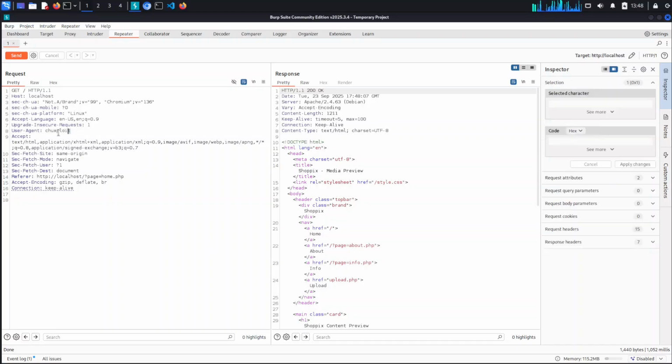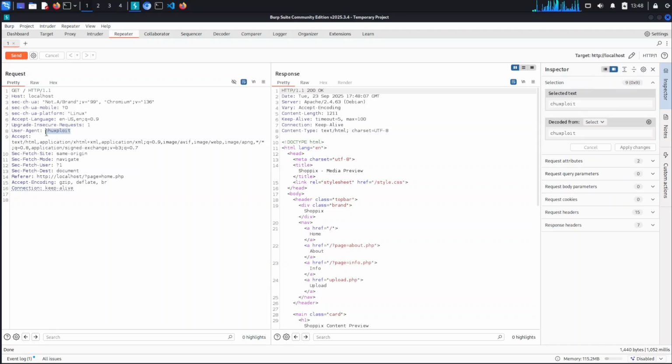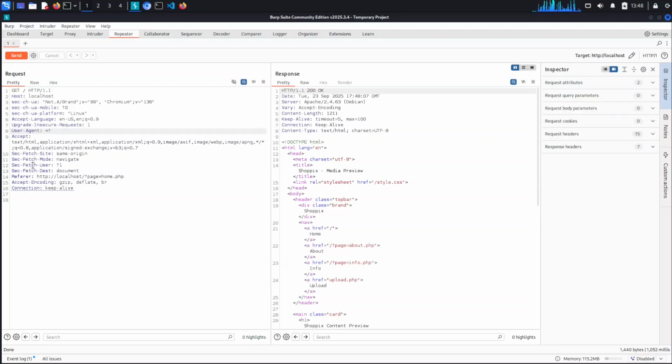And here we go. We have this loaded into the log, which means that we can also put some PHP code here. So let's just try, for example, a simple PHP system command. Let's just say id, and let's try to send it. Let's load it again, and here we go. So this is a classic example of log poisoning,